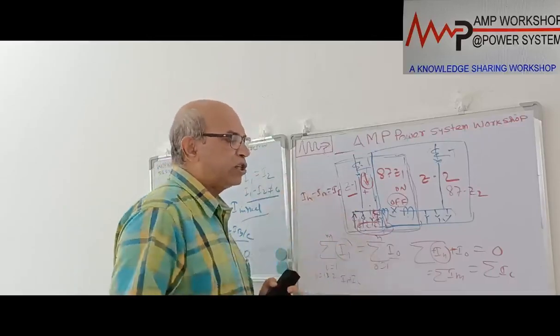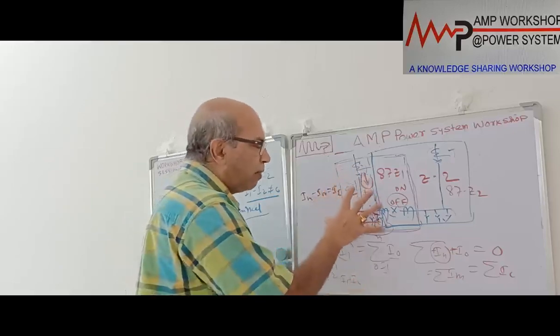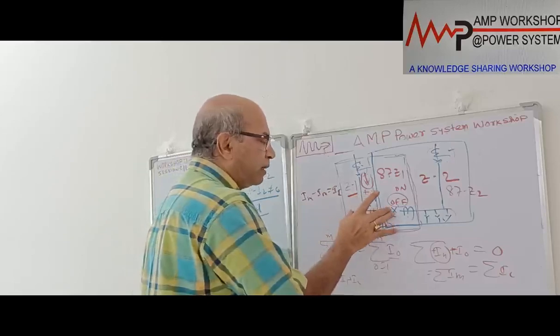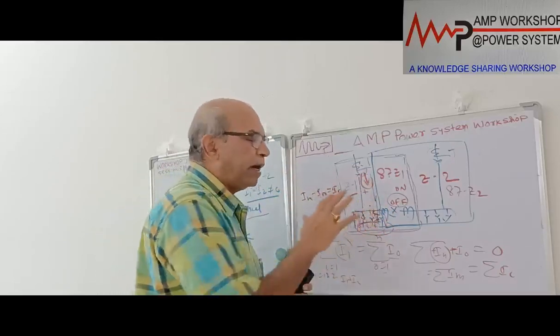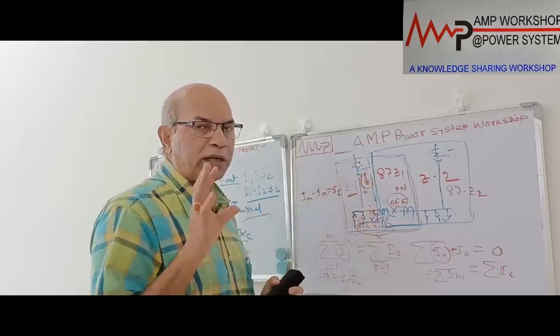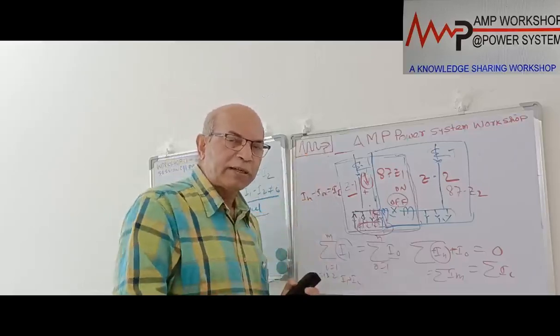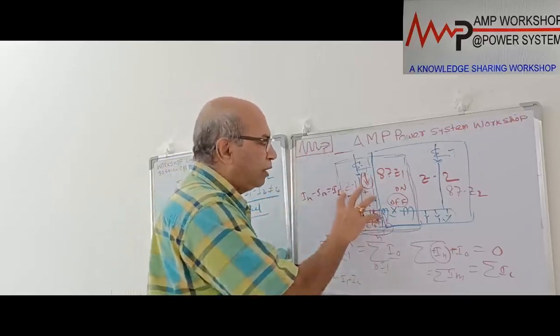Now we are discussing the current responsive differential principle, that means the circulating current principle, which is based on Kirchhoff's law. At any time in the balanced healthy condition, the total sum of the current in a particular section will always be 0. So here the particular section is a bus bar. In the bus bar, the total current at any instant will be 0, meaning incoming and outgoing current are the same. Why is it called 0? Incoming current is considered a positive current, outgoing current is in the reverse direction and considered negative current. So positive current and negative current sum to 0. That is the basic principle.